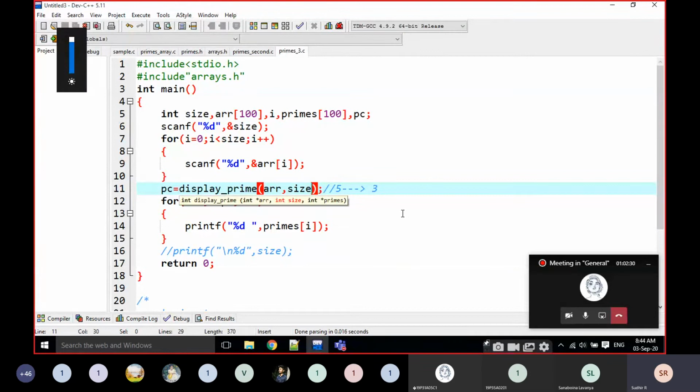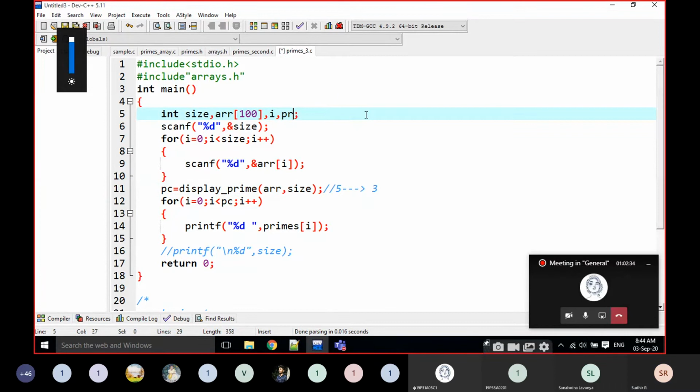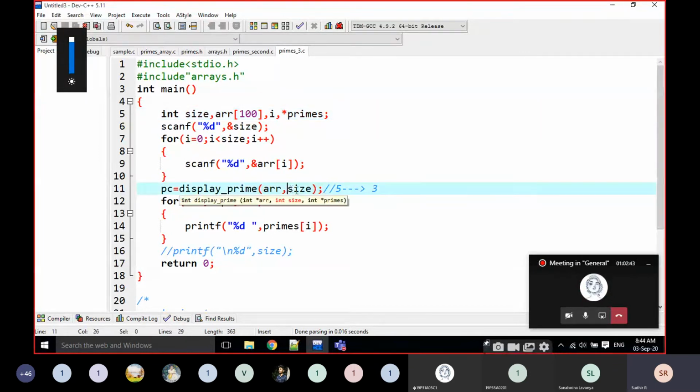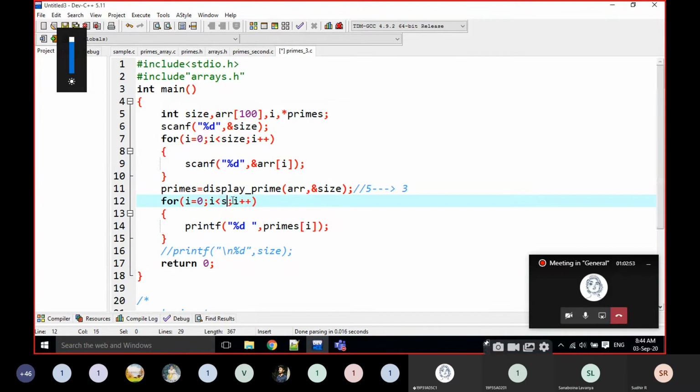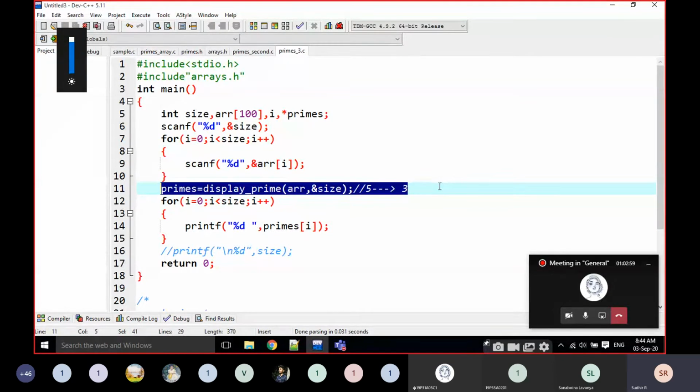We are deleting that one. I have taken star primes here, and I am passing the address with ampersand, and I am getting primes and size here. What do you observe from the function call?